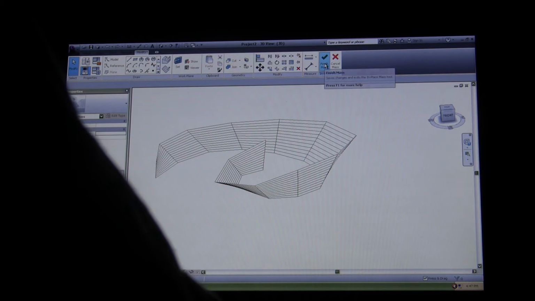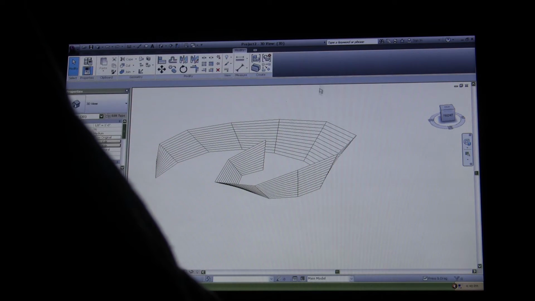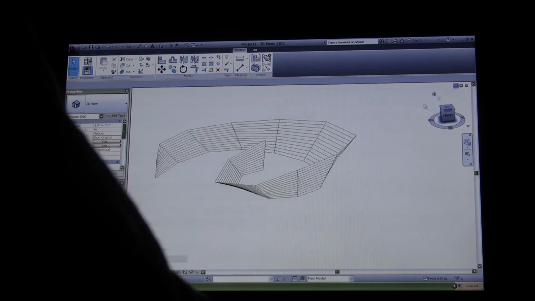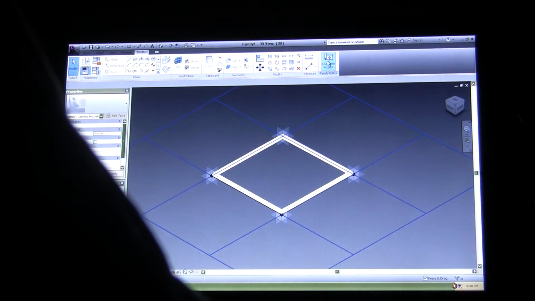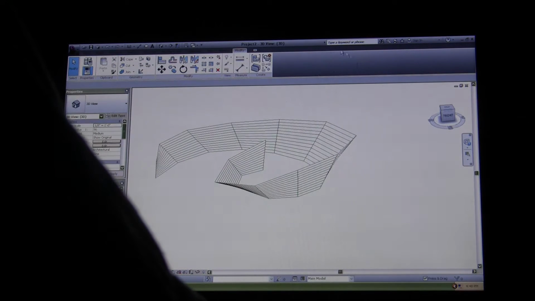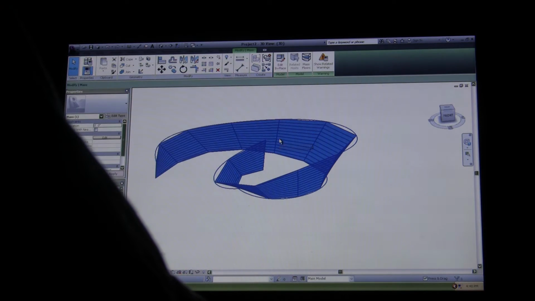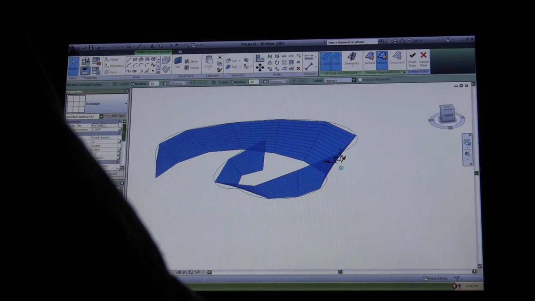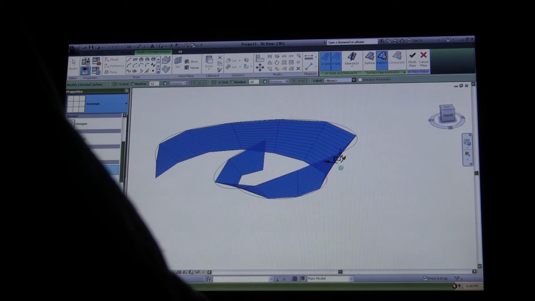So now if we finish the mass for now and go back to our family, we're going to load this into our project by clicking that Load into Project button. Click on the mass, edit it in place again, and now we're going to see that if we click the rectangle, it gives us the option of Family 1. So if we click Family 1,